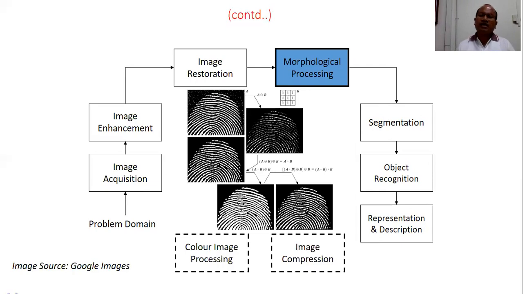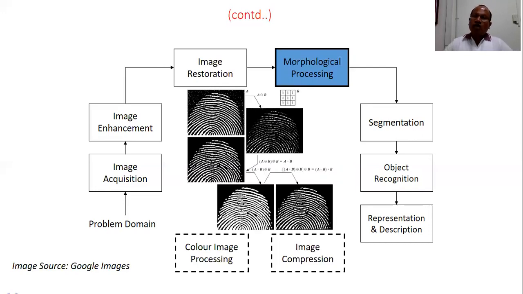Again, you can see one diagram, it's very clear. Look at the first diagram, there is a fingerprint image. See the second diagram, it's performing a certain operation, A exclusive or B, where B is nothing but a mask kind of operation, 111, something like that. And when it performs A exclusive or B, it gets a signal like this. Some further, same operations, exclusive ORing operations are performed, then you are getting this type of output.